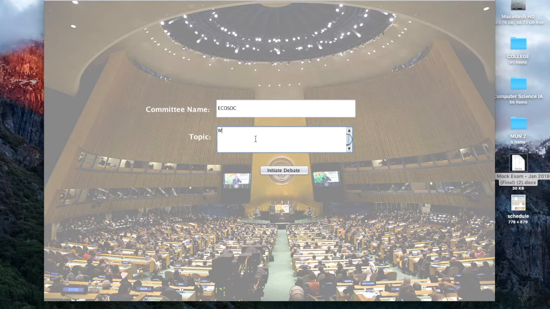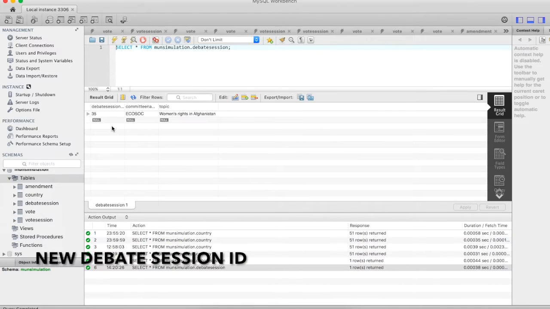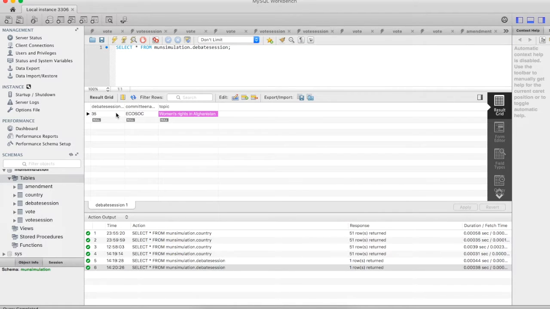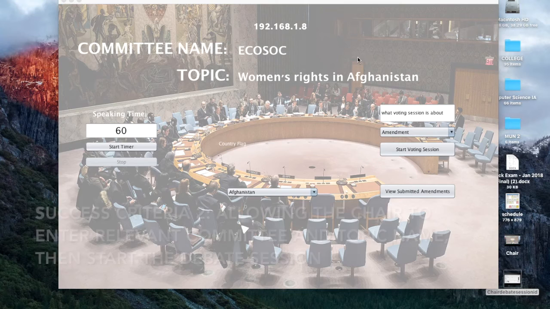I'm now entering my committee and topic name into the text fields, which will be passed to the main debate interface. Pressing the Initiate Debate button will create a new debate session ID in the database, under which all the vote sessions, votes, and amendments for that debate session will be logged. This fulfills success criteria 2, allowing the chair to enter the relevant committee and topic name, then officially starting the debate session. This shows that my committee name, ECOSOC, and my topic, Women's Rights in Afghanistan, have been passed into